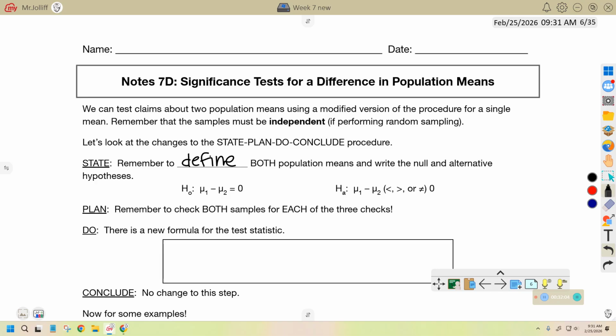And we state our null and alternative hypotheses. Because they are claims about a difference, the null is that the difference is 0. Our assumption is that the two means are the same: mu1 minus mu2 is 0. And then the alternative is a statement of inequality. The difference in mean is less than 0, greater than 0, or not equal to